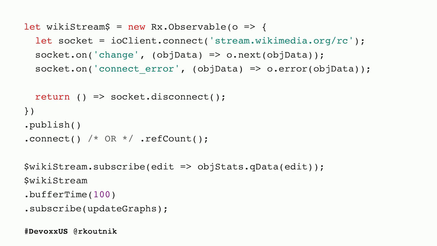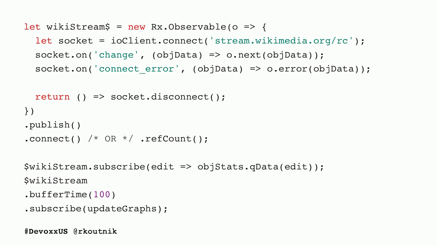And finally, when we're done, clean up. We know that. And now we have a problem, because if we have a lot of different bits that want to figure out what's going on in Wikipedia, and we don't know what hot observables are, we're going to have a whole bunch of subscriptions, a whole bunch of socket connections, and Wikipedia will actually ban you for 15 minutes if you open up too many connections from the same IP.